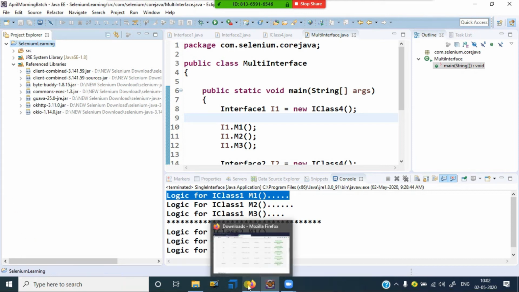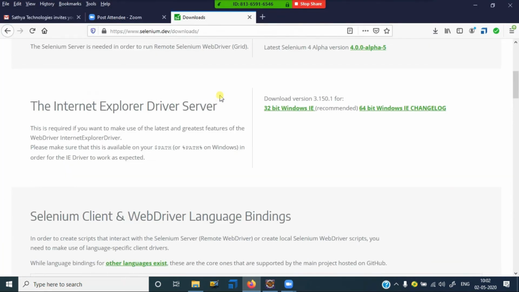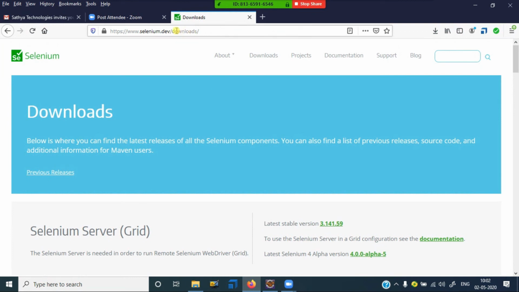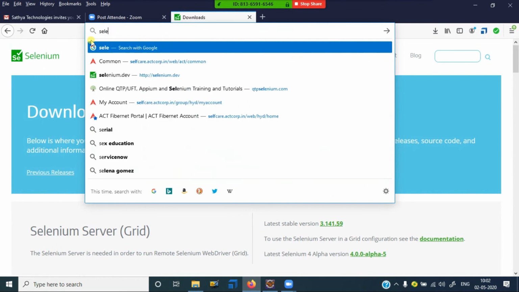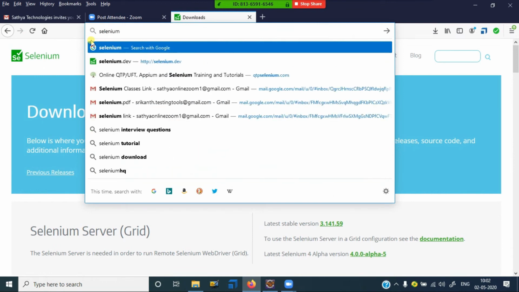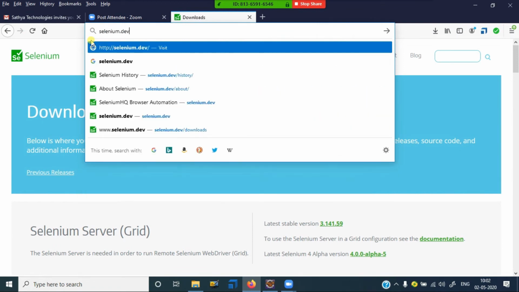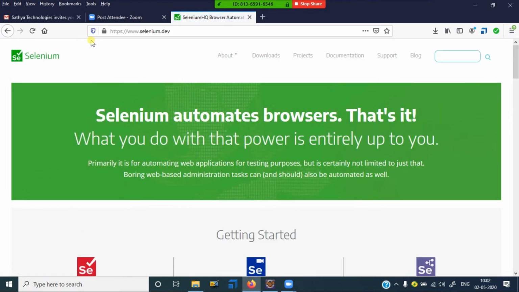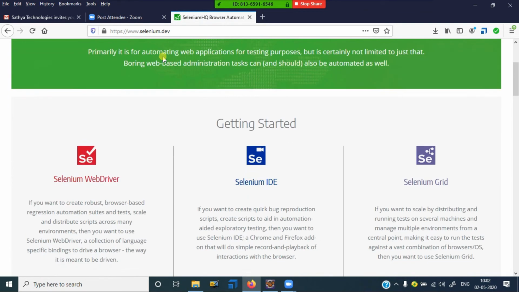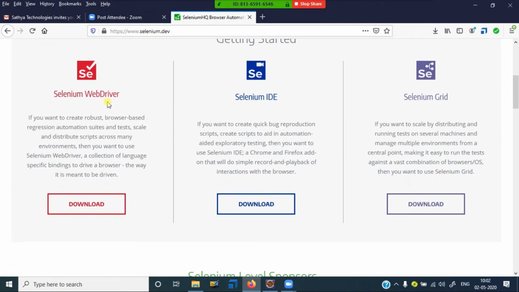Once again I am repeating: go to selenium.dev, where you have Selenium WebDriver. Click on download.